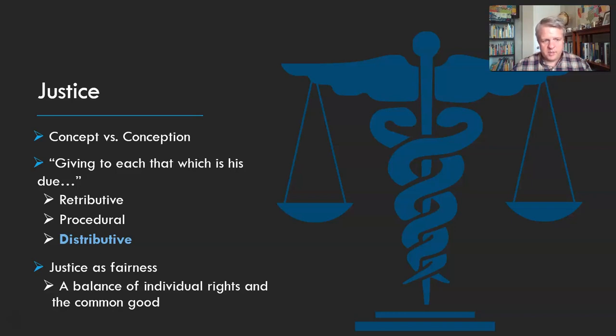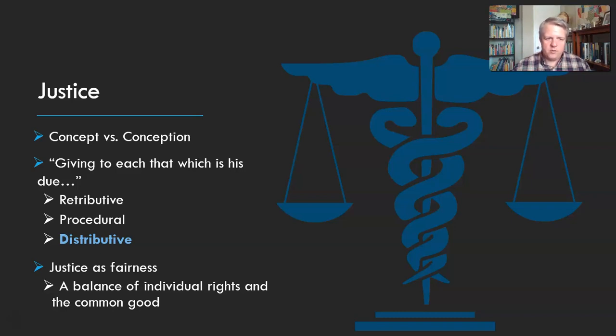Now, we apply this concept of justice in a bunch of different realms. We apply it in the retributive realm, with the idea of retributive justice being that a wrongdoer ought to receive punishment that fits the crime. They ought to receive their fair share of the punishment, their fair share of retribution. We apply this in a procedural context. Procedural justice is just the idea that everyone ought to be treated as equal before the law, fairly before the law. They ought to receive their fair share of the procedural goods that exist to protect individuals before the law.